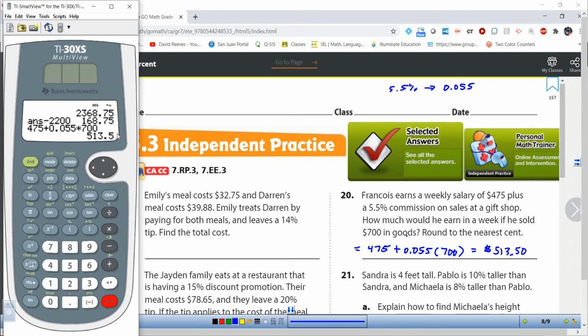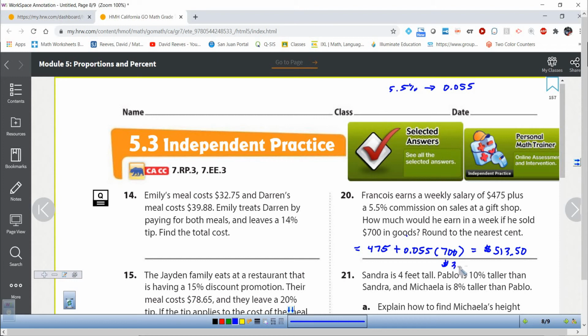$513.15, because we got to put that decimal on there. All right, now they didn't ask us, but if they said what was the amount of his commission, if I took that answer and I subtracted his salary away, that would tell me that he earned $38.50 commission. That's the amount that was added onto that